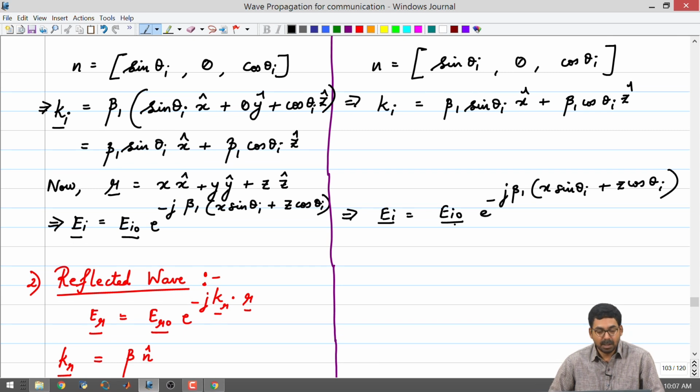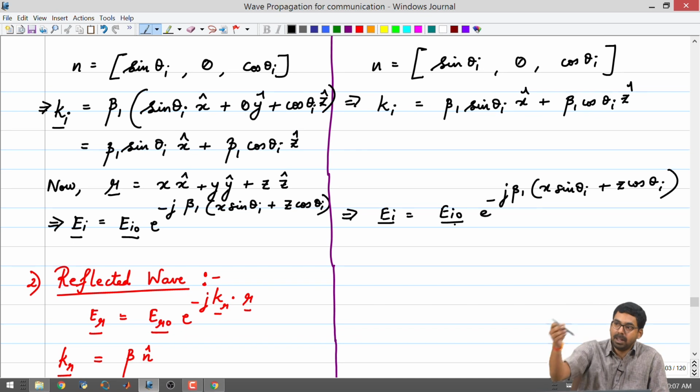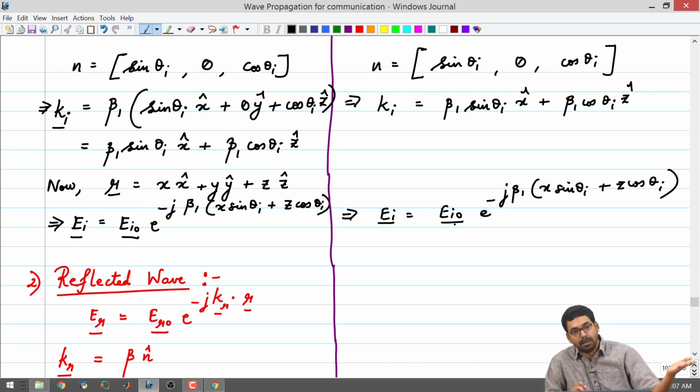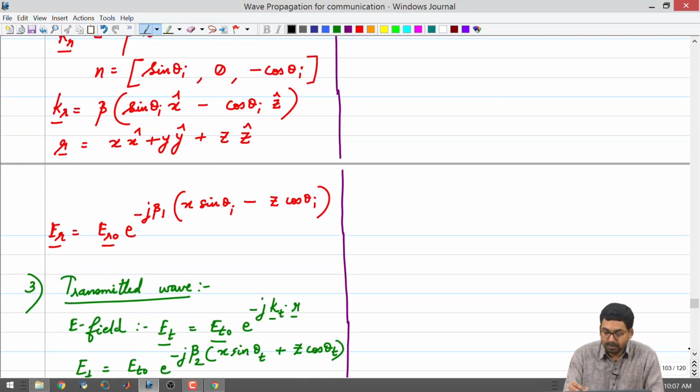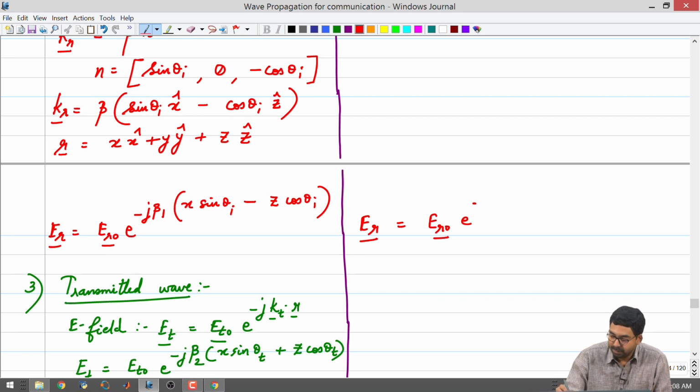Now, since it has been established that for the incident wave the form of the electric field expression is identical to the other polarization, it is very easy to say the same thing about the reflected and the transmitted fields also, because the k vector is going this way for the reflected wave and the other way for the transmitted. So, the components of k for the reflected and transmitted will be identical to those cases in the other polarization also. So, directly one could write down the expressions for the electric field to look like what we had for the other polarization.